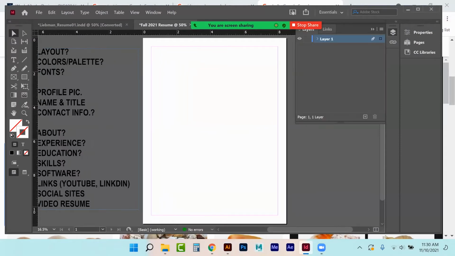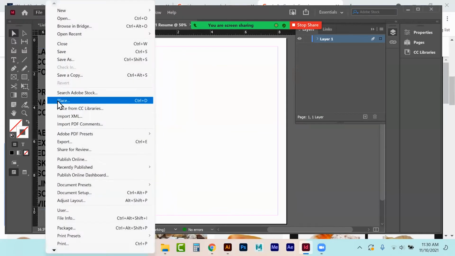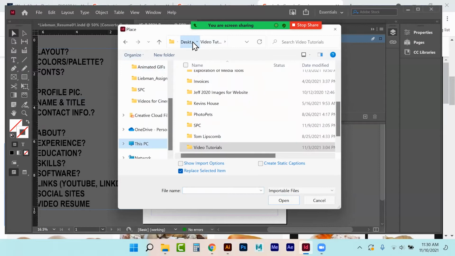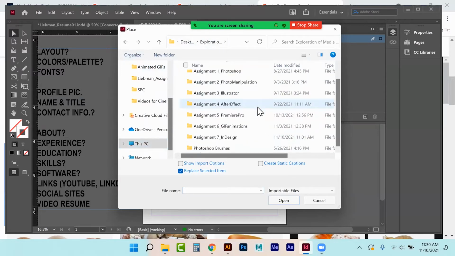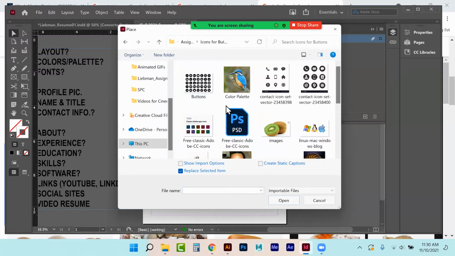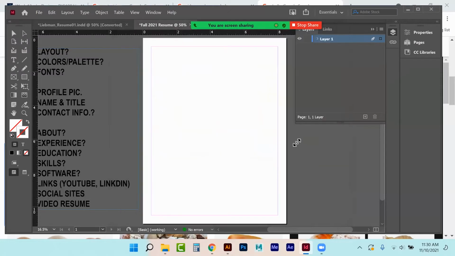Okay, by the way, we still have layers as well. So what I'm going to start off with is a place of a photo. Now, where am I going with this? Well, just like I've shown you before in my Exploration of Media Tools folder, I have a folder for InDesign, okay? And I can go in here, let's use this, why not? And I just grab a photo